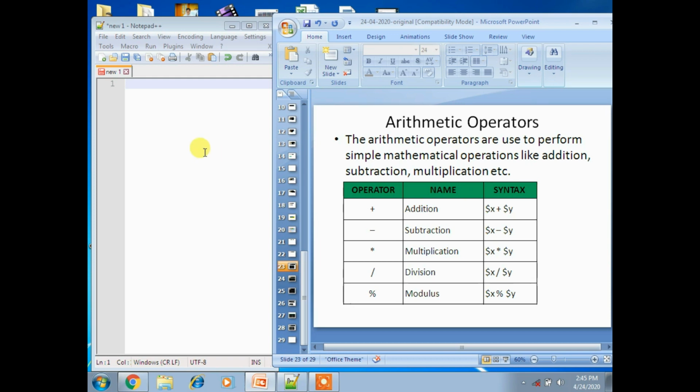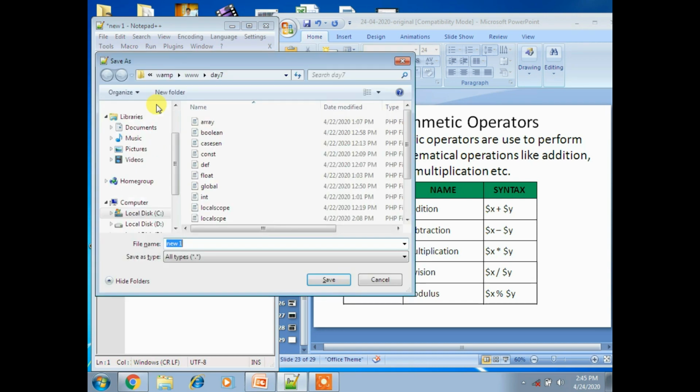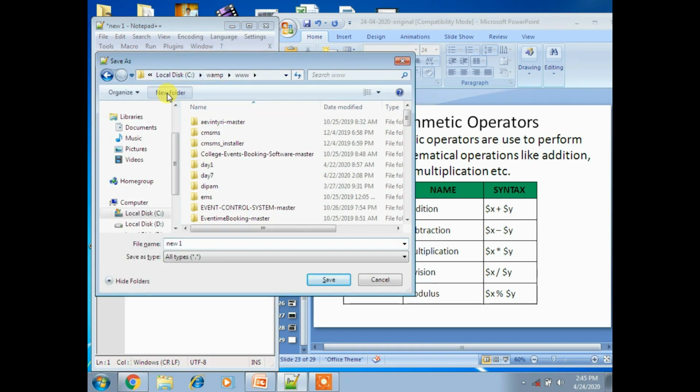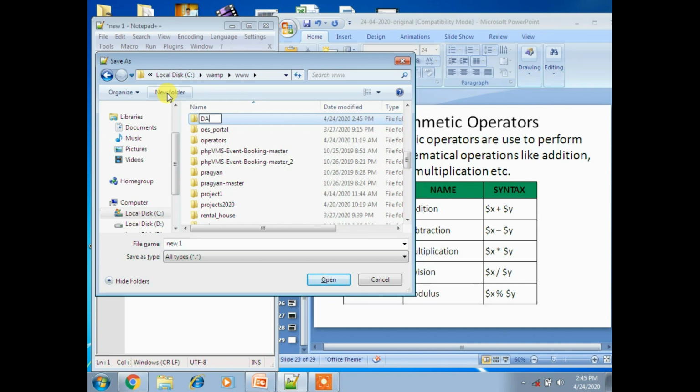Let's take a new notepad. I already opened a new notepad. First, save the program for easy understanding. I am creating a new folder called day 8.